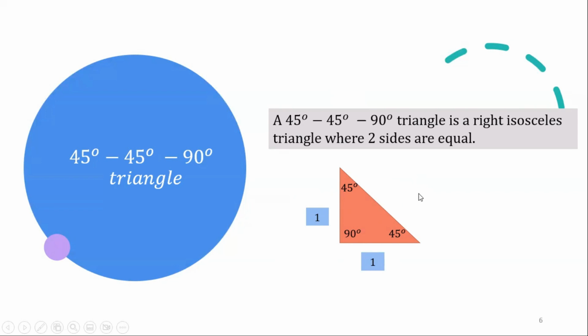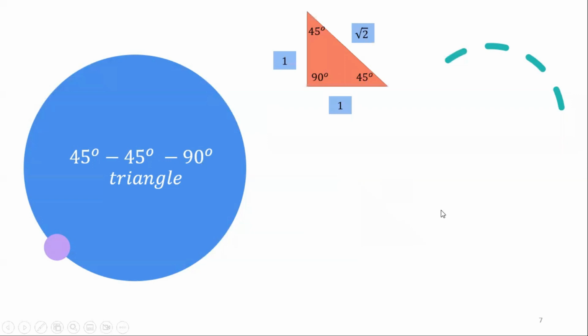To solve for the third side using the Pythagorean theorem, the hypotenuse of this right isosceles triangle is square root of 2. So the six trigonometric ratios of the 45-degree angle: sine of 45 is